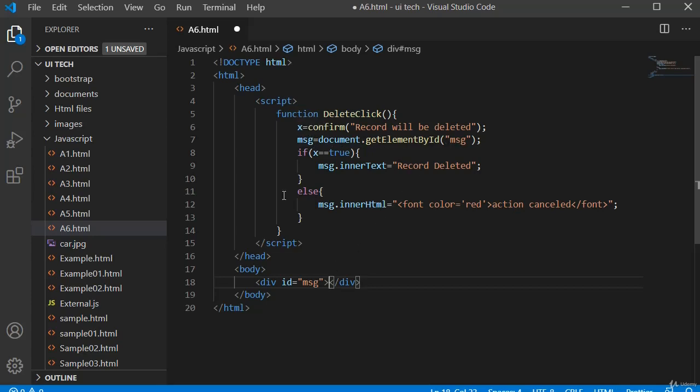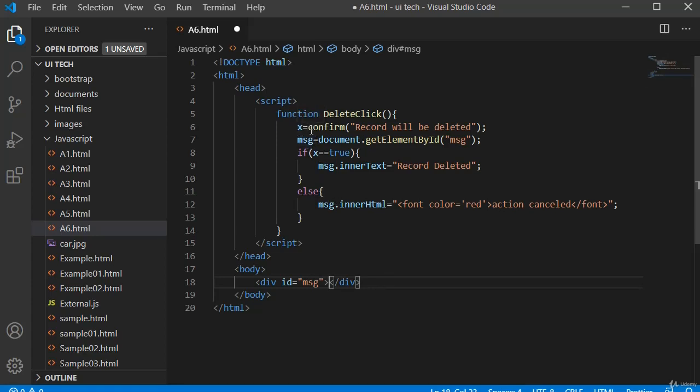Whatever message I'm getting, I'm storing in my msg. So by using document.getElementById, whatever the div tag we have, whatever the message we are getting, I'm storing in my msg variable, and I'm writing an if else condition.